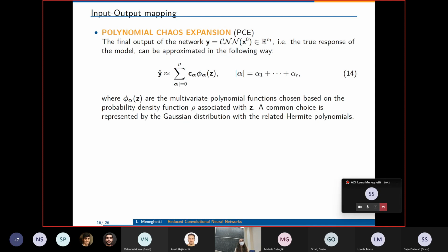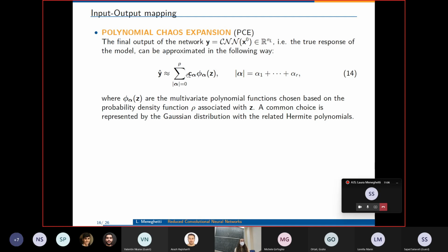You start by taking your network and an input data, and see the true response of the model, that is called Y. What you want to do is to approximate the final output of the network as described in equation 14, as this sum of products of this multivariate polynomial phi alpha with these